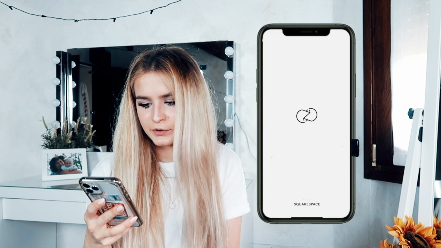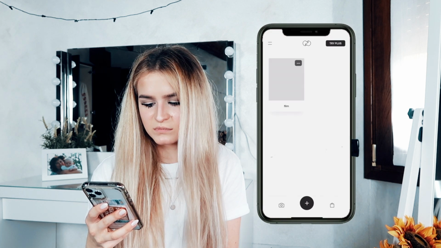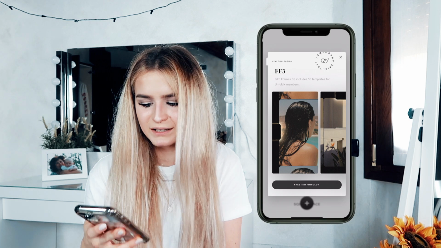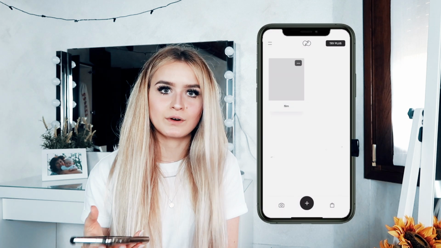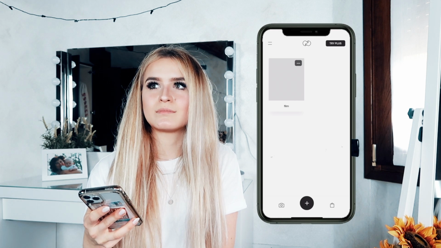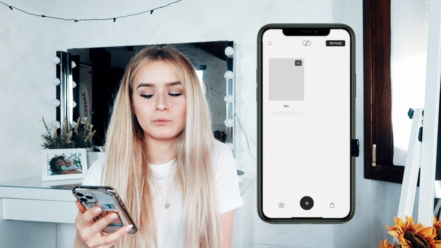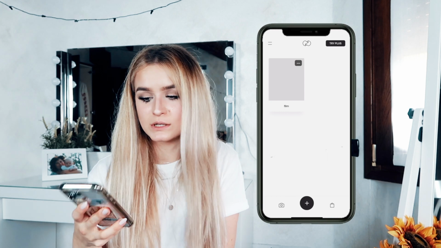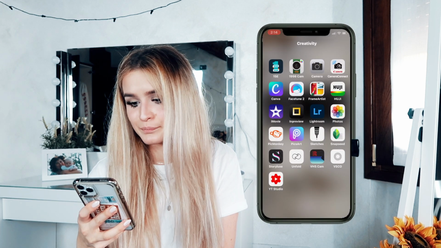Unfold, another app for your stories. Don't really use it, really. Most of the apps I have on my iPhone, I have them just because I think maybe one day I will use it, but I end up using the same 3 apps every day. So